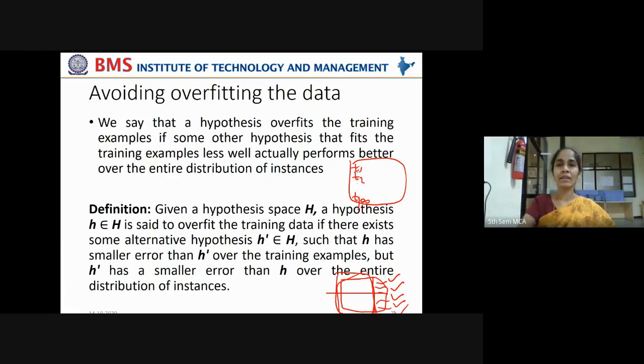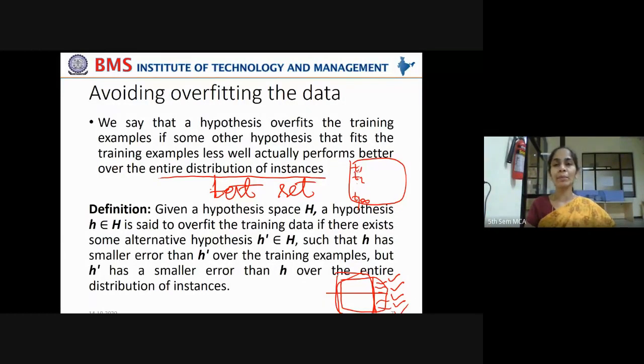Now let us go back. It will be more clear for you now. We say that a hypothesis overfits the training examples if some other hypothesis, say another decision tree, exists that fits the training examples less well, but actually performs better over the entire distribution of instances, meaning better with the test set.